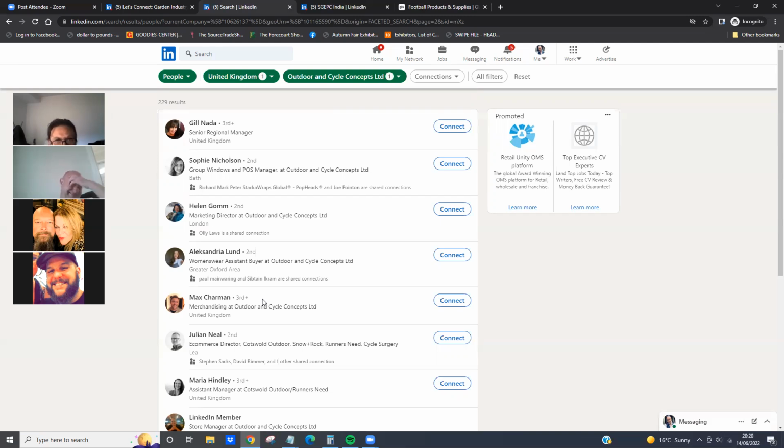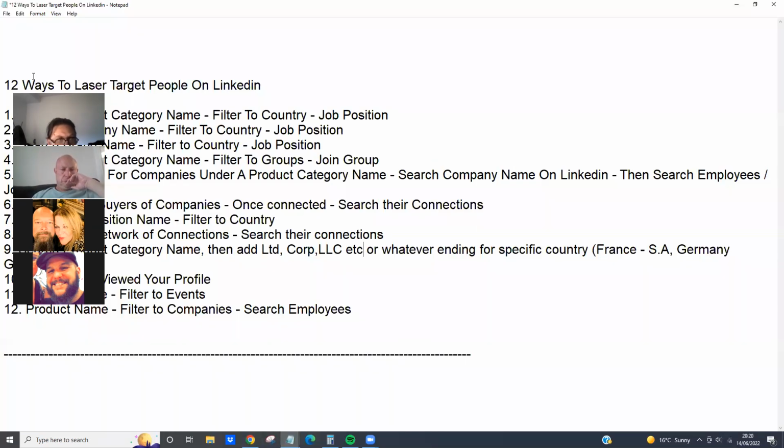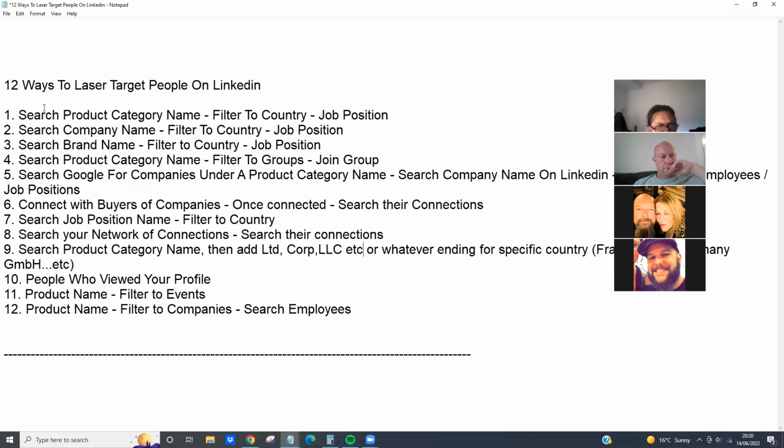So that is basically 12 different methods. I've recorded it so you can go over any of them, and I've got the list that I'll drop in our group as well, so you can go through each one and it shows what to do. And literally, guys, 15 minutes to half an hour each day, you can build 20 contacts. If you are consistent, even if you just try it for a month, do 30 days of connecting with 20 people.